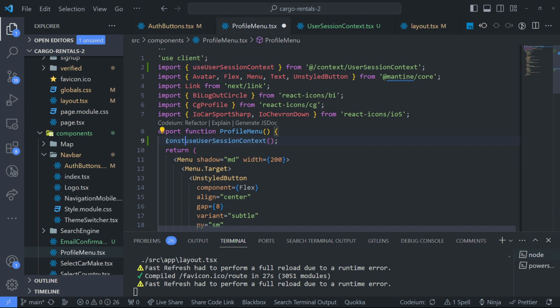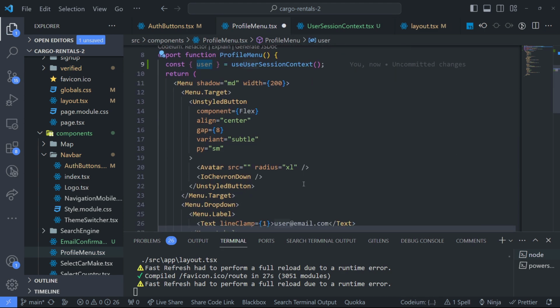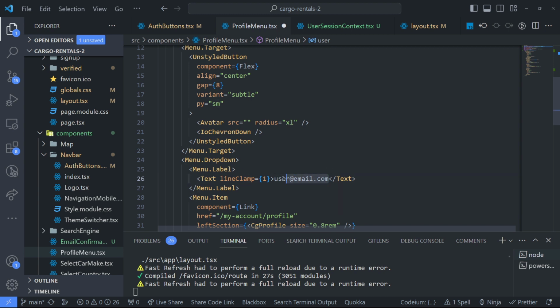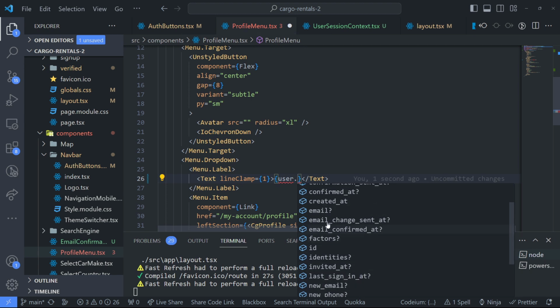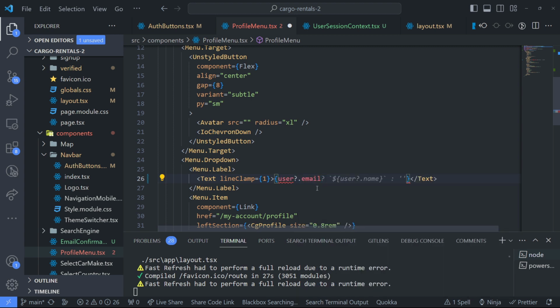And here we are going to be able to get the user as well. So we're going to say user. Here, instead of this placeholder, we can use user dot. So as you can see, these are the properties that Supabase is giving us for a user. And so we have the email here. You can do user dot email,